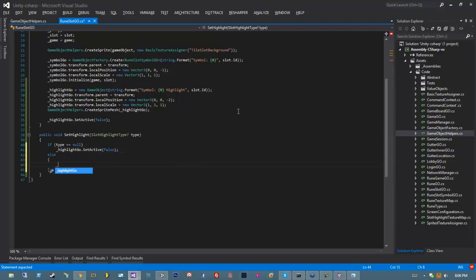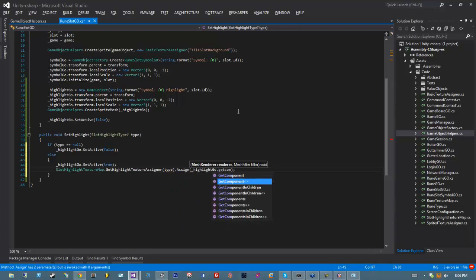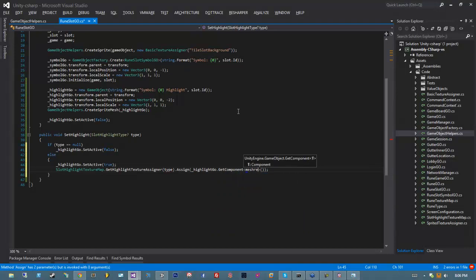Otherwise, highlight go set active to true, and then get my highlight texture map dot get highlight texture assigner of type dot assign to my highlight game object get component mesh render, highlight get component